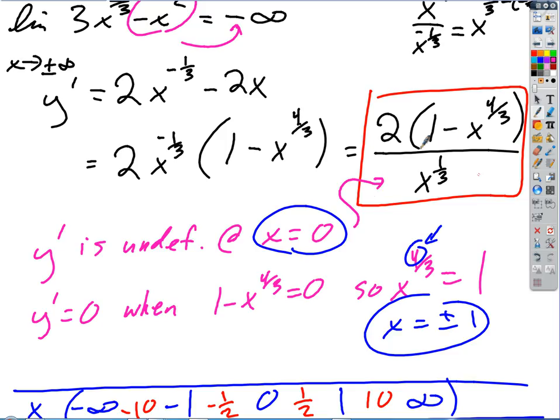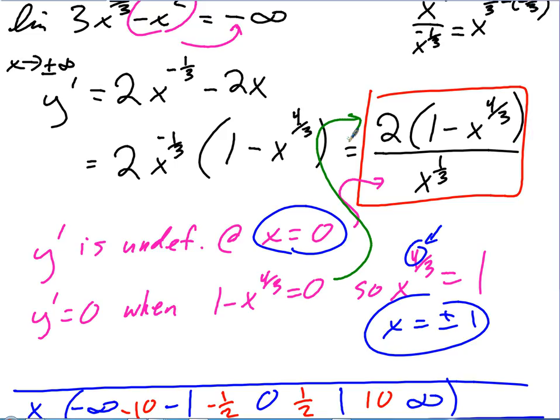Whenever the bottom, the denominator, is equal to 0, that's going to provide us with the critical numbers where the first derivative is undefined, right? Keeping in mind that we're not going to worry about any values of x that aren't included in the domain to begin with, though, right? And then we set the top equal to 0, and remember, that's giving us the other type of critical number, where the derivative equals 0, because a fraction equals 0 when its numerator equals 0.